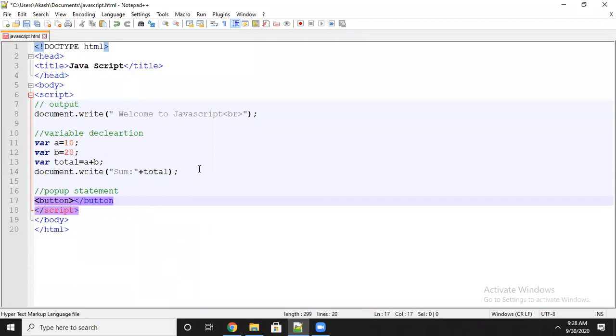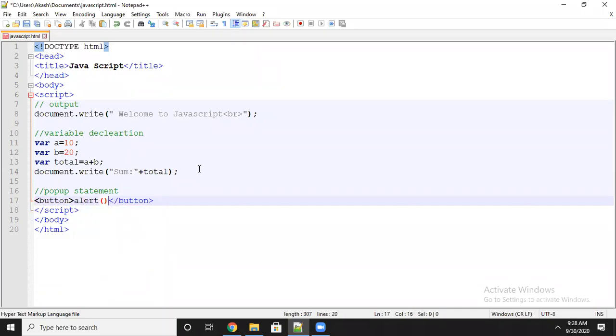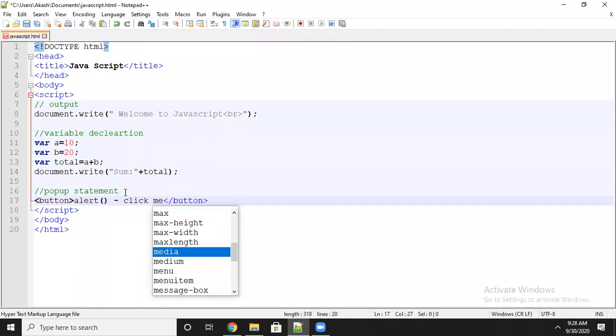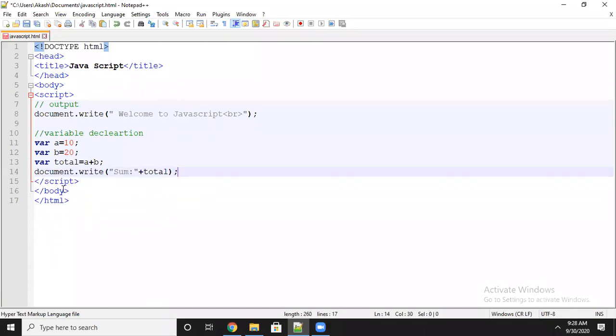I will use alert. What is the use of the alert pop-up? It is a function. What is the use and why do we have to use it? Let's see. Actually, I have to take it outside the script, else it will give an error.